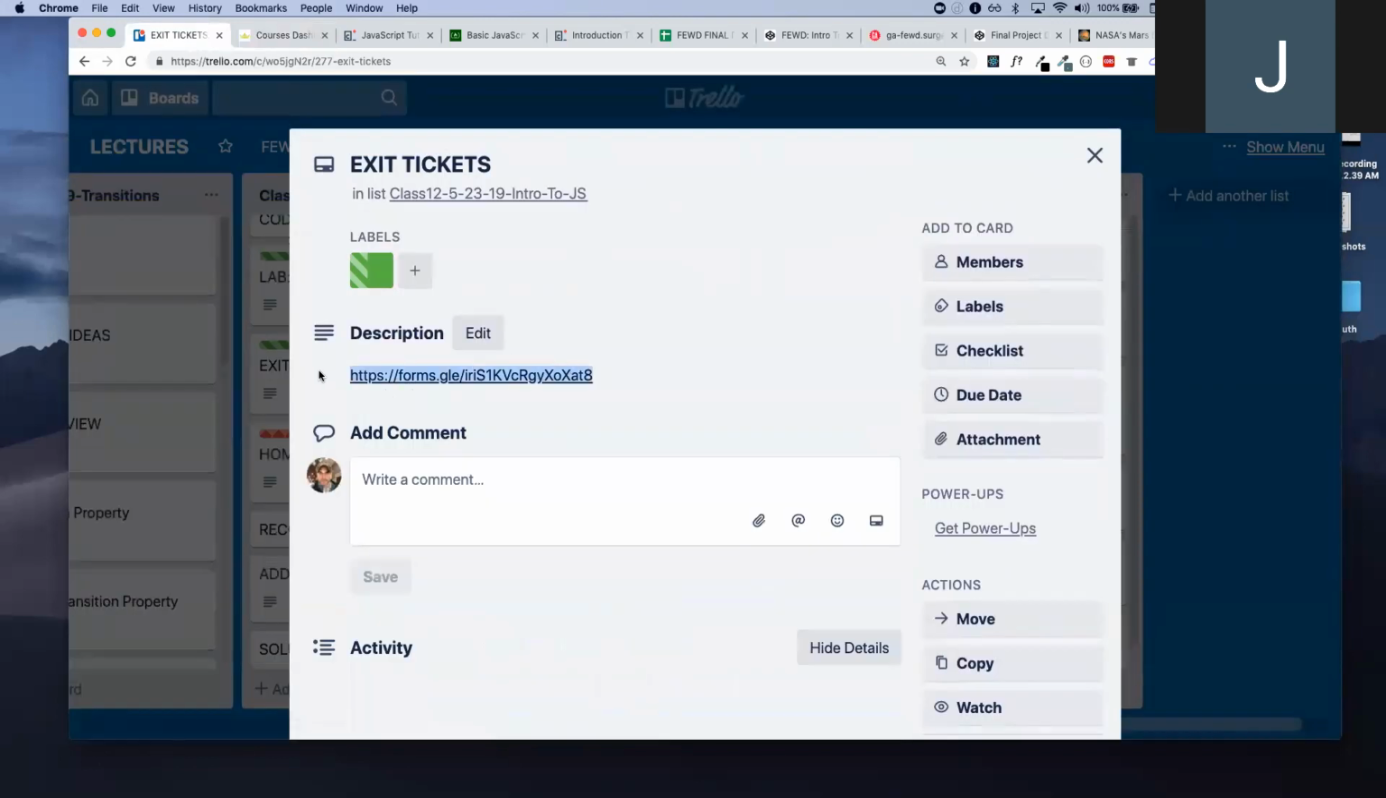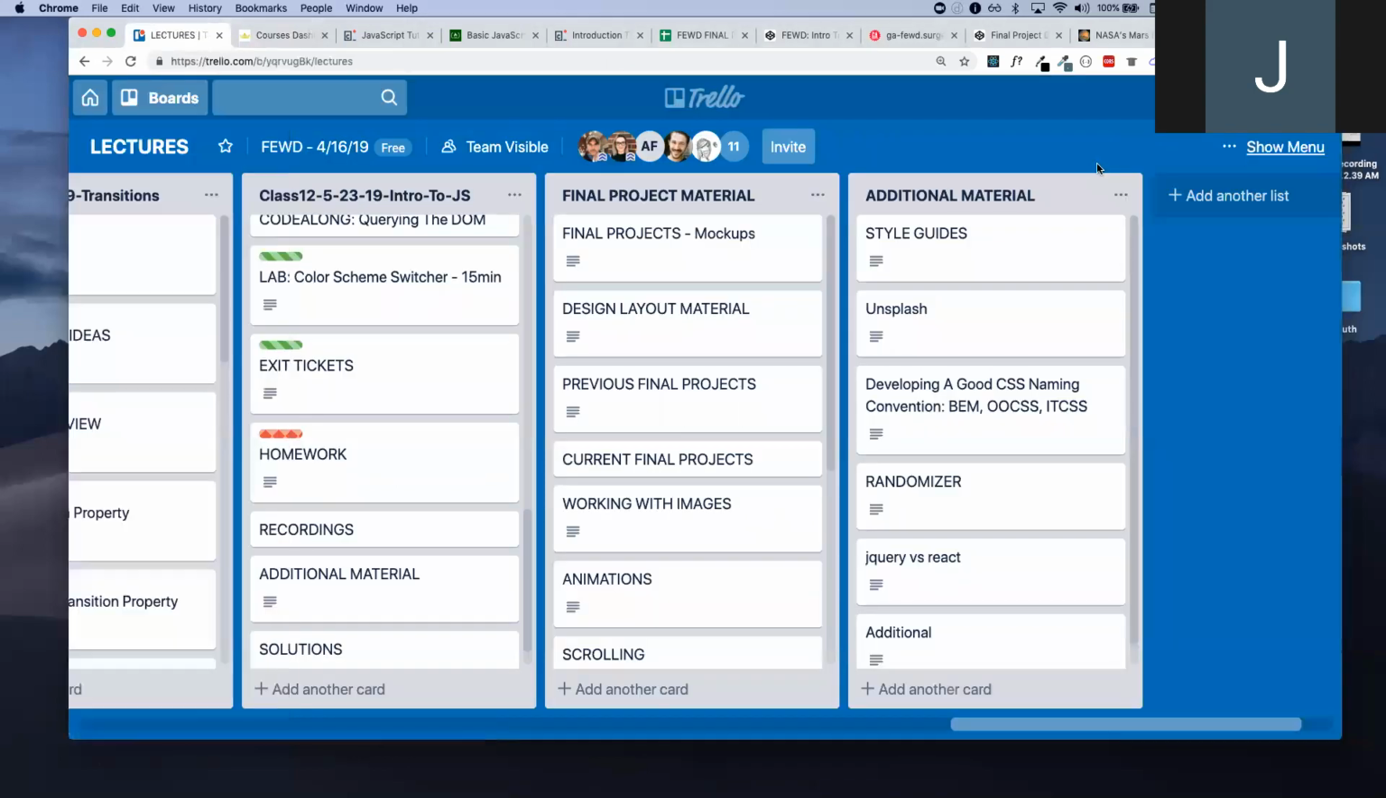Okay. Since it is the first class of JavaScript, I'm going to ask everyone, do fill out the exit ticket. Give me your feedback. How do you feel about JavaScript? We're going to be doing much, much more hands-on and much more context as well. Okay? So,